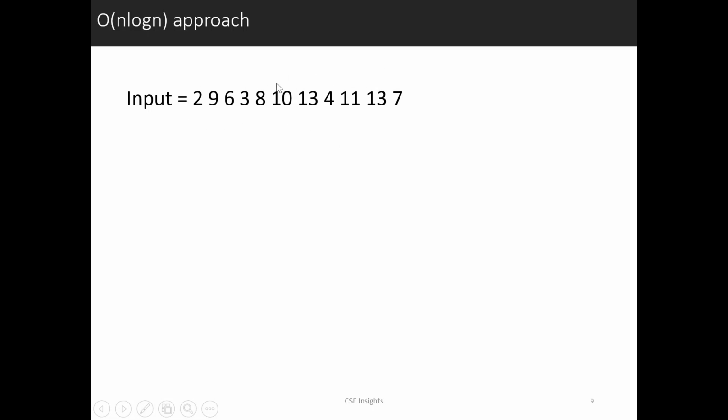Because if we run a loop every time, like for every j, if you run a loop on the left and right, it will take our time complexity to order of n square. Instead, we should try to avoid running these loops. So when I am at 10, I have to find the maximum possible value which is on the right side. So can I use something like a prefix array?